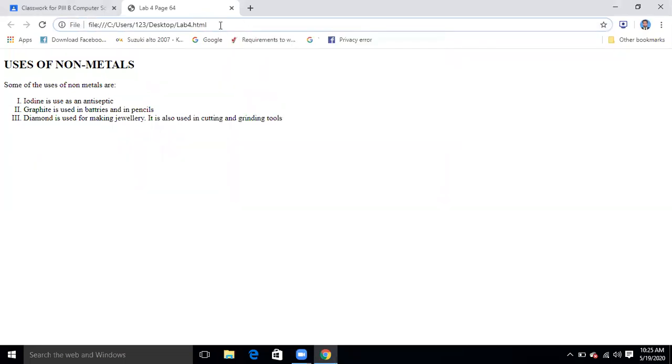Keep in mind, save the file with the extension .html and it will show you the output. Oh, okay, sir. Okay, sir. Thank you.